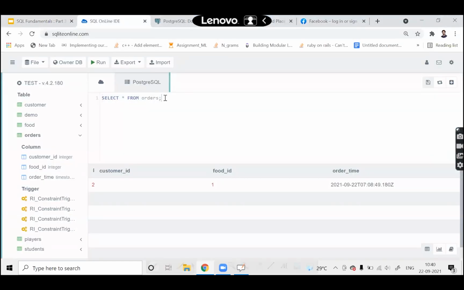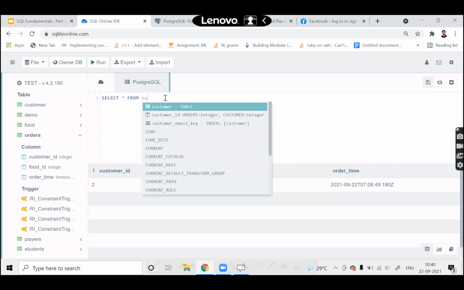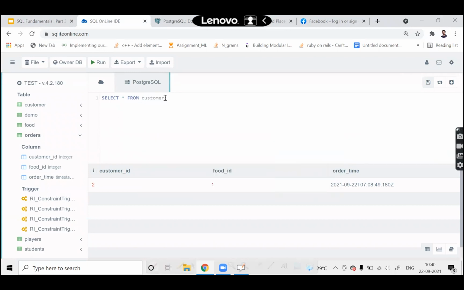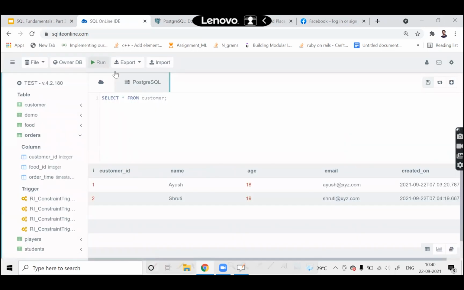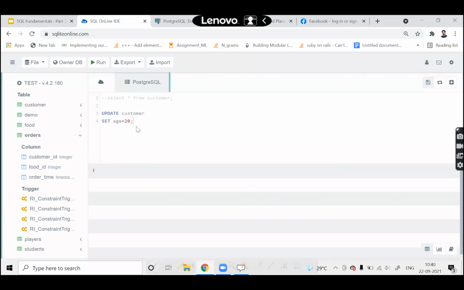If I just show you what is present in the customer table: Ayush, and I want to update the age of Ayush. Update, and you have to give the table name. Set, what is the column name, age, and what age you want to give, 20. Now what will happen after this? If I run this, here you can see that